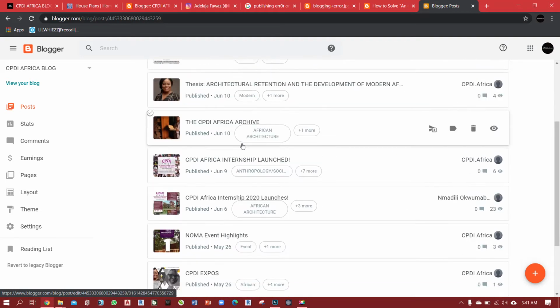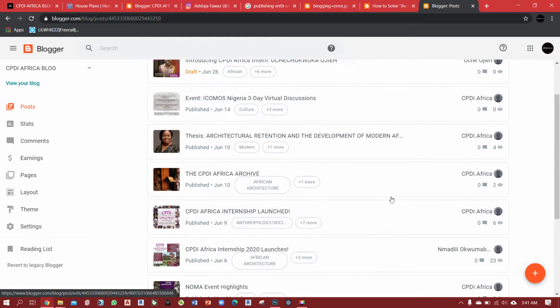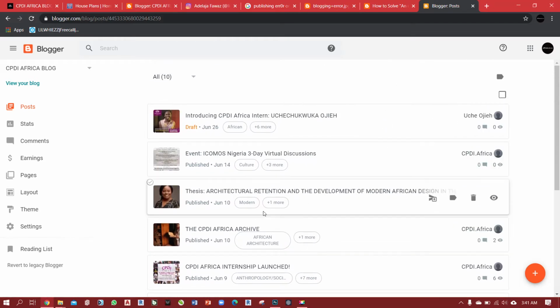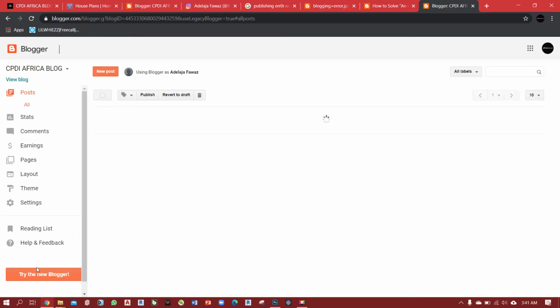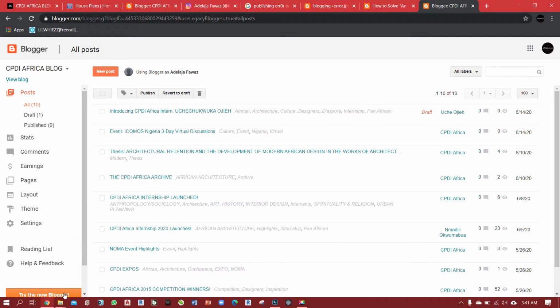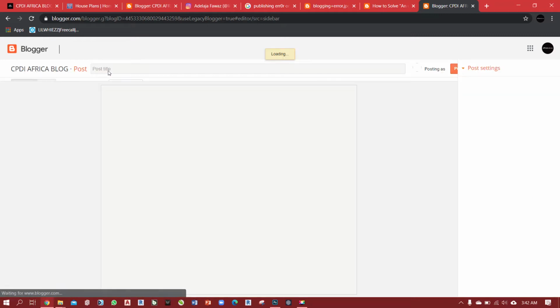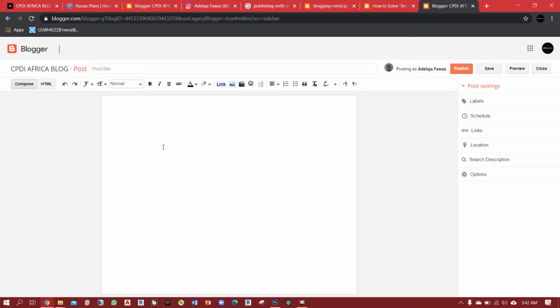Okay, you see all of the post contents and all, but I'm used to the legacy view, so I'll just go back to that. You can do that by just clicking this orange button here. Okay, so now we want to post our content. So basically you come to new posts, clicking on that, what we have is this view,